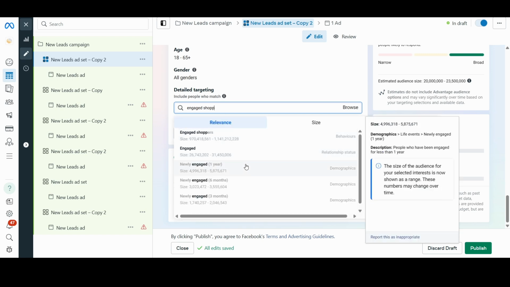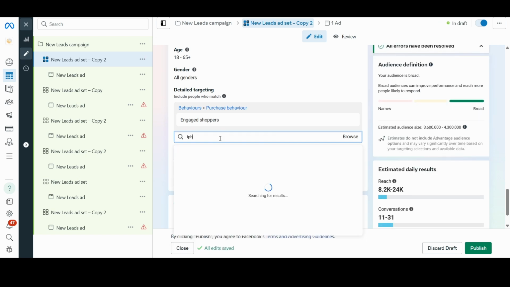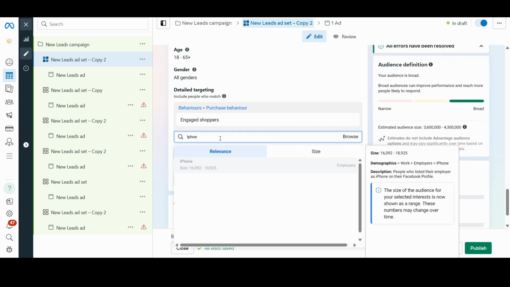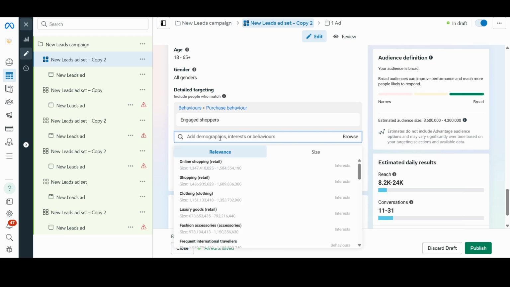Yeah, engaged shoppers is very good, but everybody's using engaged shoppers. Or iPhone users, they have money. Or Galaxy S9 users, they have money, or luxury store users, they have money. But there are some other targeting that is low bid, because this targeting that a lot of people use means